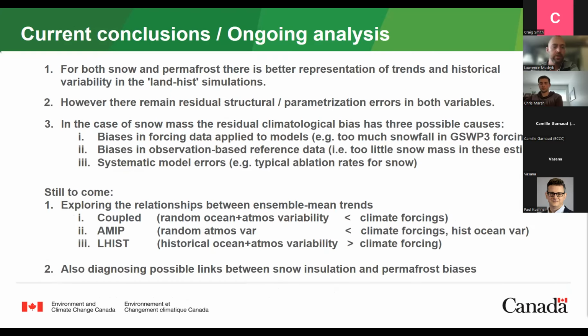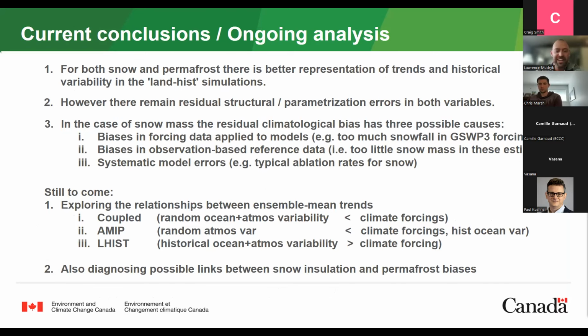So just to conclude, as I said, for both snow and permafrost, there's better representation of trends and historical variability in the landhist simulations, but there's residual structural or parameterization errors in both variables. And in the case of snow mass, this residual climatological bias has three possible causes, two slightly boring ones, one